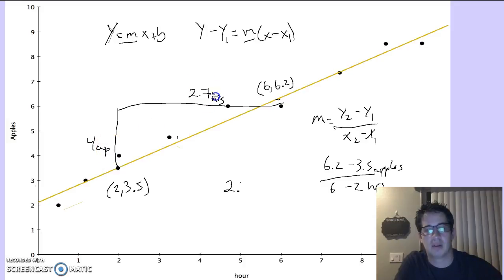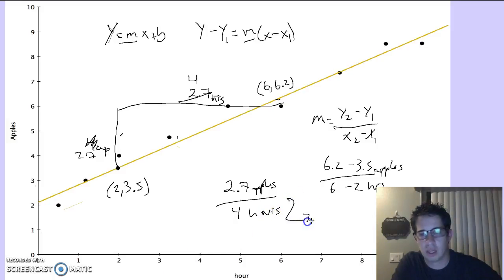I have these backwards. This is 4, that's 2.7. So 2.7 apples in 4 hours. We divide them, and it looks like we're going to get about 0.675 apples